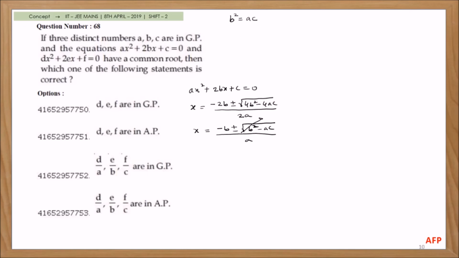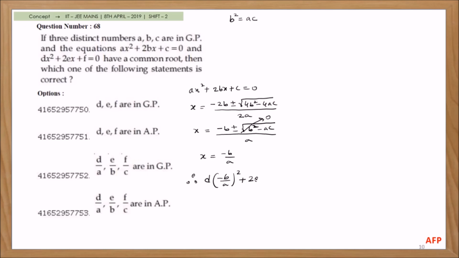So this part will become 0. Then x is equal to a minus... So this is one of the roots here. In the question it is given that the first equation and second equation have a common root. So whatever this root is, it will satisfy this equation. So therefore, d, substitute in this, (minus b by a) whole squared plus